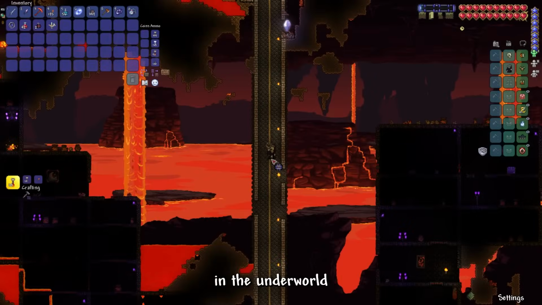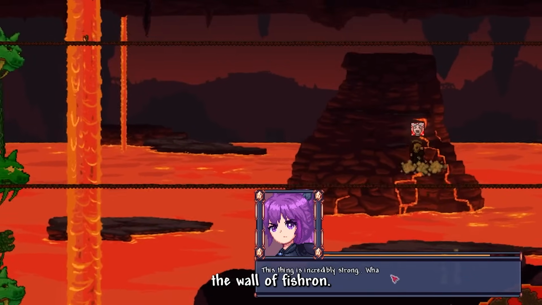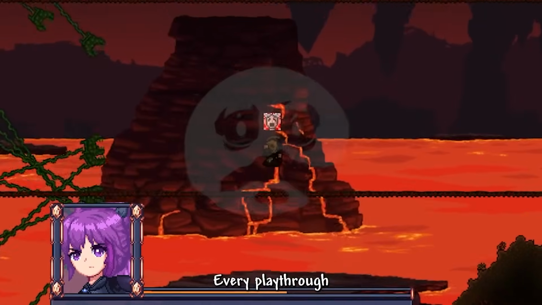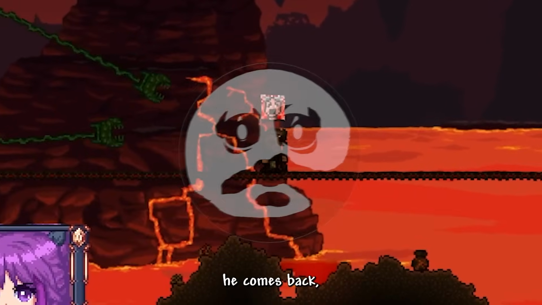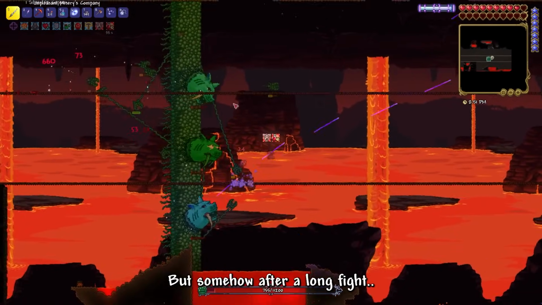I made an insta-arena in the underworld, and after some voodoo doll farming, I was able to summon the Wall of Fistron. Every playthrough, he comes back, and this one is no exception either. But somehow, after a long fight,